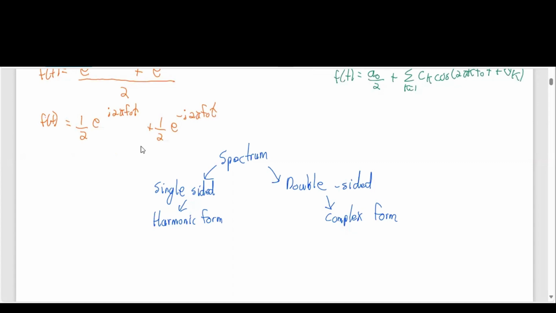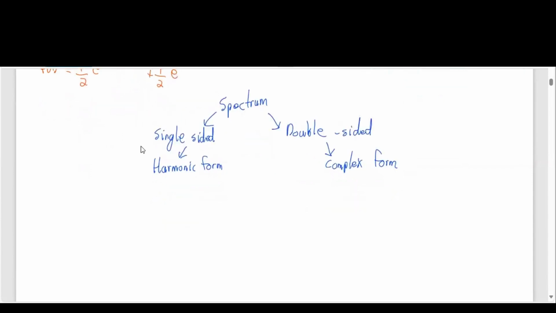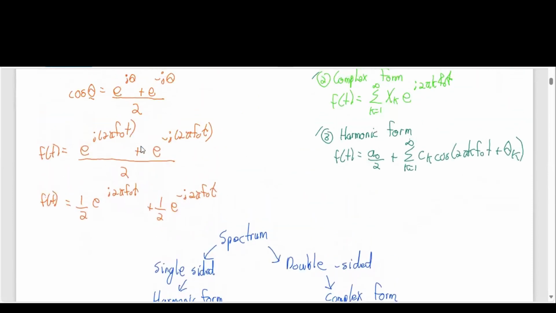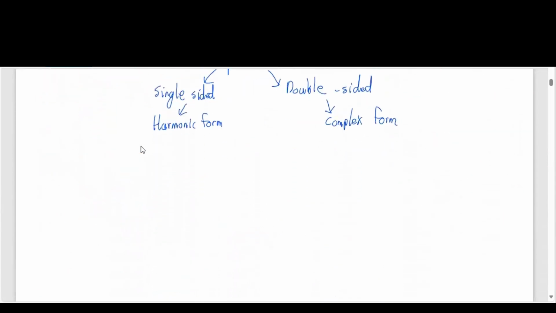But there is a trick to go from the single-sided straight into the double-sided. So you'll do that in another video. All right, so for now, let's plot it. We should know from now to have two types of spectrum, right? You have the phase spectrum, which is the angle part, and you have the magnitude spectrum. The magnitude spectrum is basically just the magnitudes of the values itself. So when you're plotting, it starts with the magnitude. When you're plotting the magnitude spectrum, the two things you need are obviously the magnitudes and